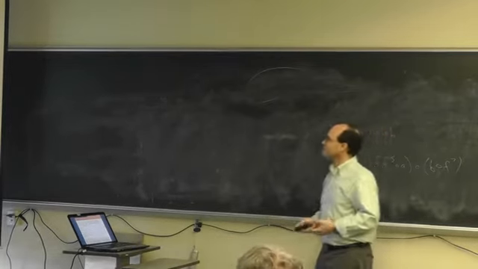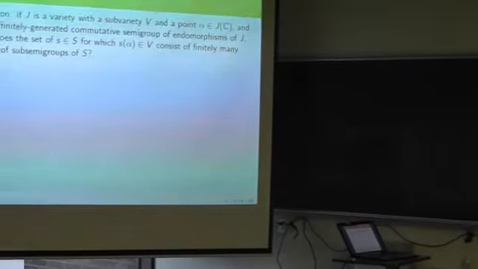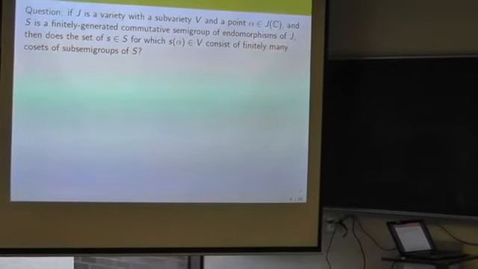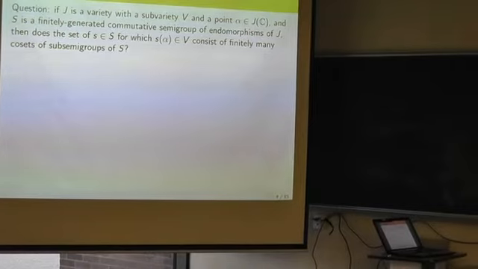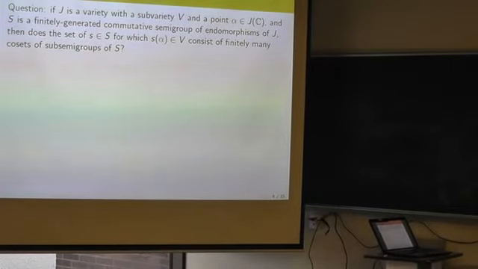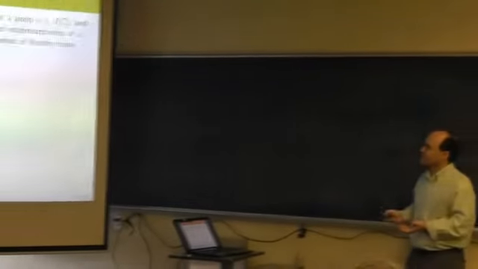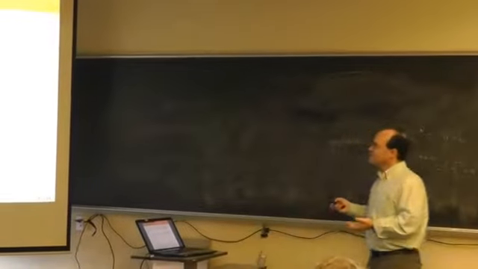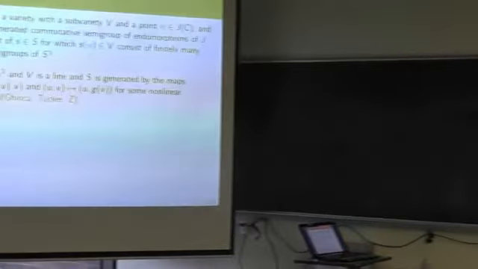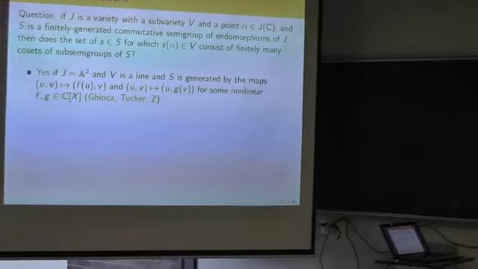Okay, so then, much more generally, you can ask if you have any variety J, and you have a subvariety, and you have some point, then if you have finitely many commuting endomorphisms, so finitely many maps from J to itself, and they all commute with each other, just ask which ones are going to map this point into the subvariety, and does it look the same? Does it again look like finitely many linear arithmetic progressions? And so the good news is, our result shows the answer is yes,